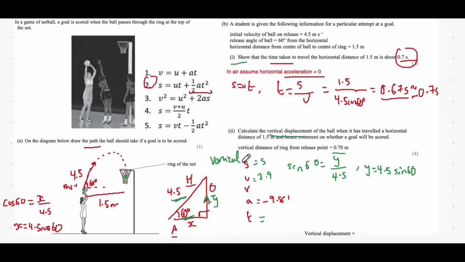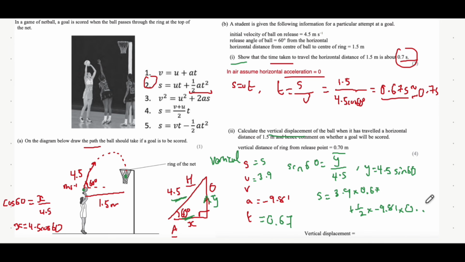We found that it takes around 0.7 seconds for it to reach the goalpost horizontally, which is also the same as the time taken for it to reach the goalpost vertically. So we can use that 0.7 or 0.67 for more accuracy that we calculated before. And you want to find S. Well, what equation involves S, U, A, and T is that equation number 2 again. So S is equal to U multiplied by T plus a half times A times T squared,